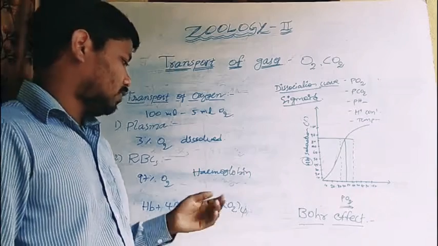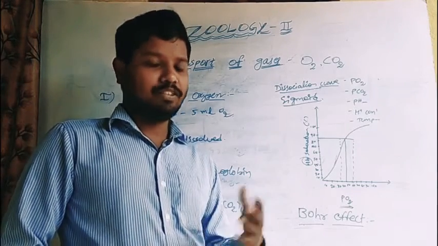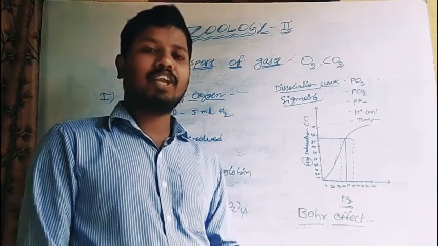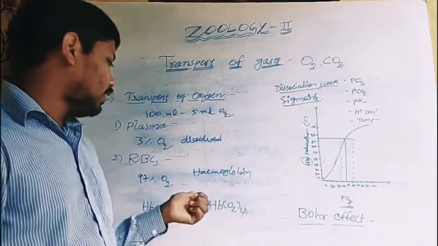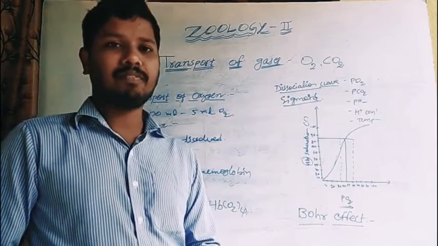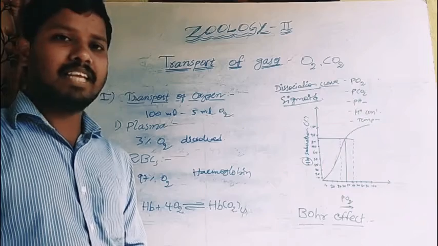There, oxyhemoglobin is formed. In tissues, the partial pressure of oxygen is low. Here, the oxyhemoglobin dissociates into hemoglobin and oxygen. So this dissociation process is explained by the